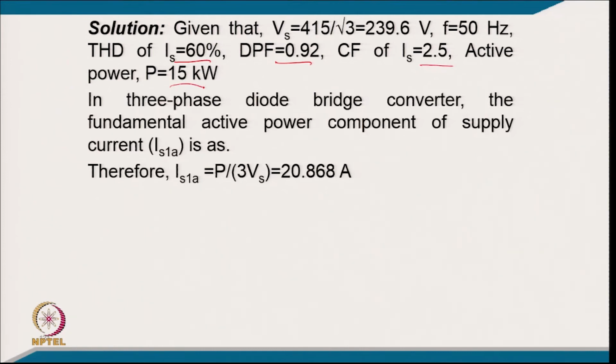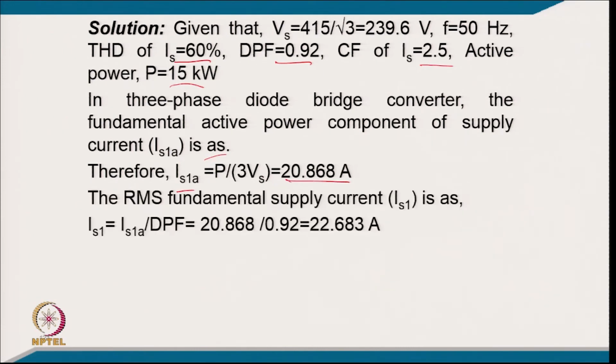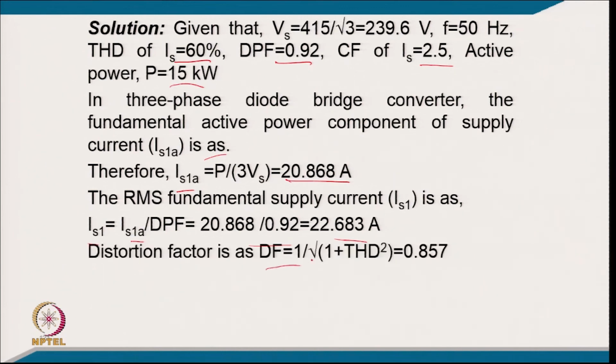So, in a 3-phase diode bridge rectifier converter, the fundamental active power component of supply current is IS1A equal to P upon 3 Vs, that is 20.868 ampere, and the RMS fundamental supply current is IS1 equal to IS1A divided by DPF. So, it comes like 22.683 ampere,